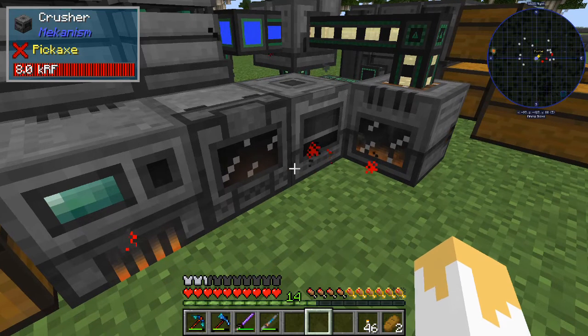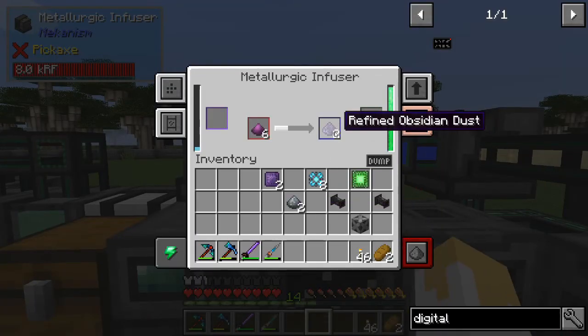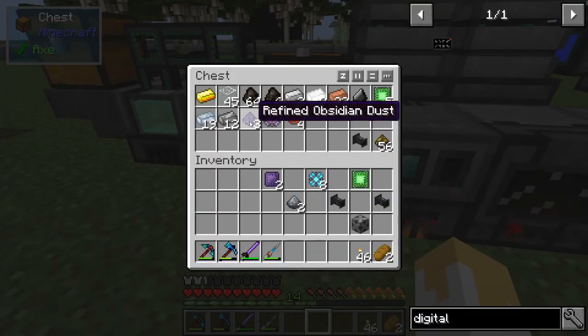Oh, it's osmium? It looks just like iron. But anyway, now that we have these cooked down, that's how we get this reinforced obsidian here. Okay, and that's going to give us...